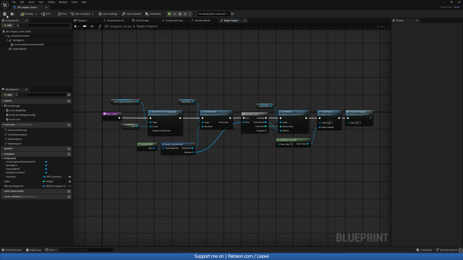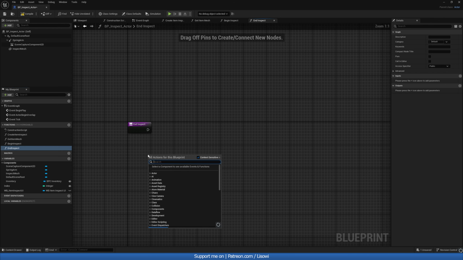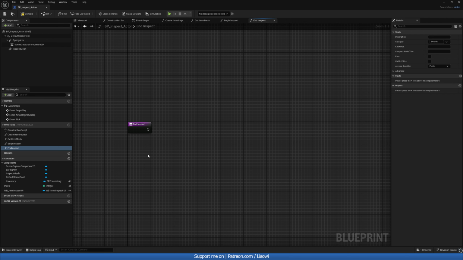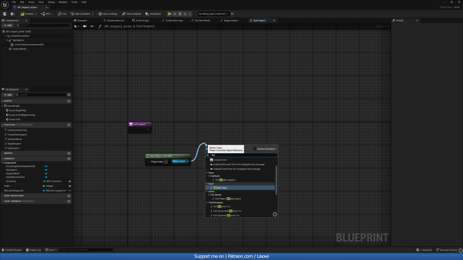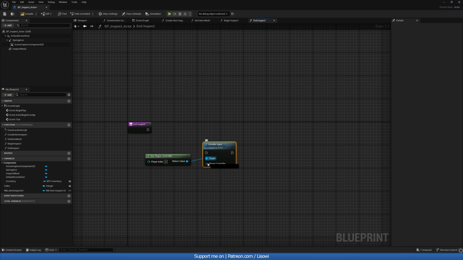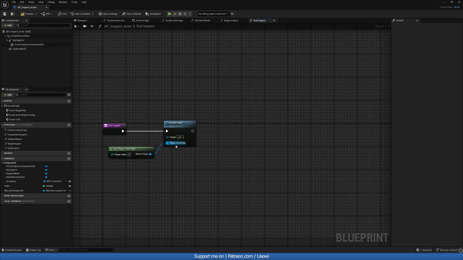Let's compile and save. And for our last function, we need to end everything. So end inspect. When we do this, we want to, again, get the player controller and disable the input for this actor, because we've enabled it. And after that, we